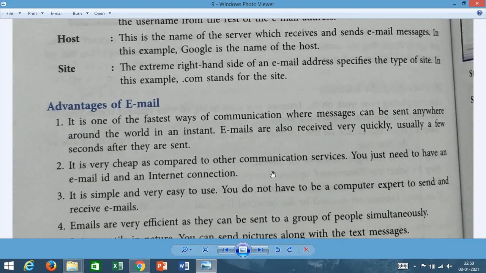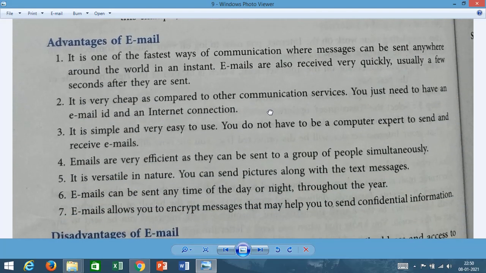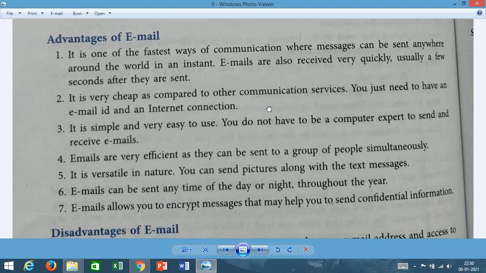Now, advantages of email. It is one of the fastest ways of communication, where messages can be sent anywhere. If you send an email right now to someone, it will take just a fraction of a second, or maybe a minute, to be delivered into the receiver's inbox.